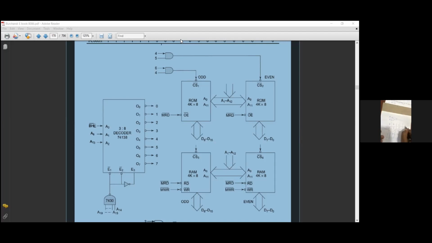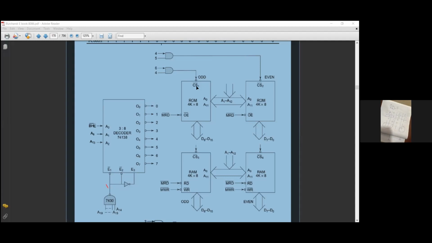So what is the NAND gate? It is the inverse: 1 1 1 0. So if both inputs are 1, then the output will be 0, right? Yes, sir. So if all the inputs are 1, then the output will be 0. So over here it will be 0, over here it will be 0.